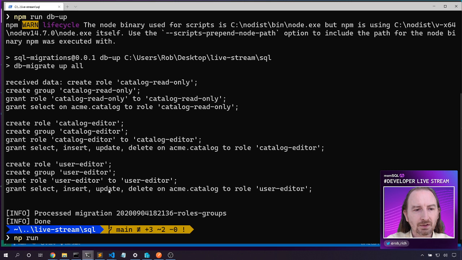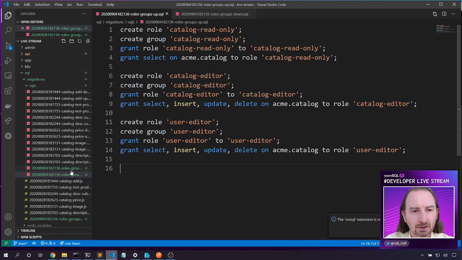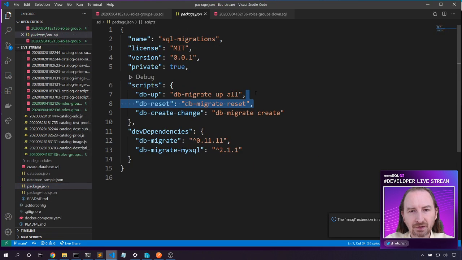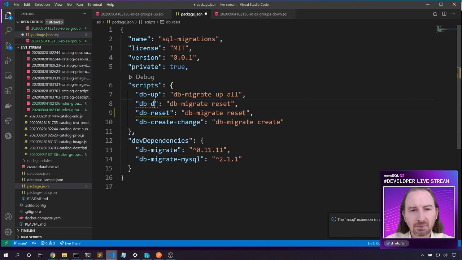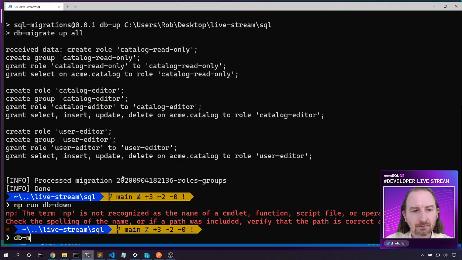npm run db down. Let's do down, and I don't think we've built this yet. Nope. So let's go build a command that will allow us to do that. Package JSON. Here's db reset. That's close. Let's say db down, db migrate down. And by default, db migrate down will only go one commit, one migration. So npm run db down,